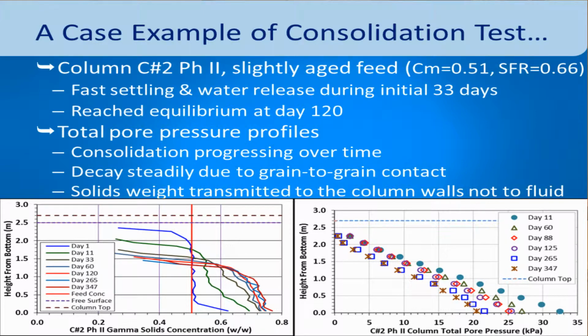As you can see, for this particular condition of the feed, there is fast settling and water release within the initial 33 days. You can see the green line at the second line, and you can also see it reach